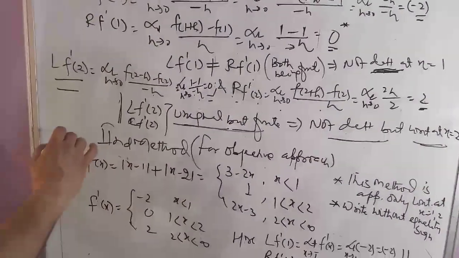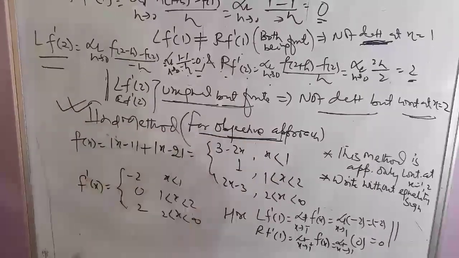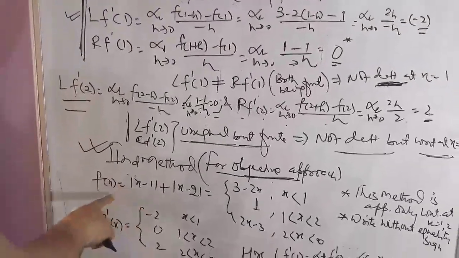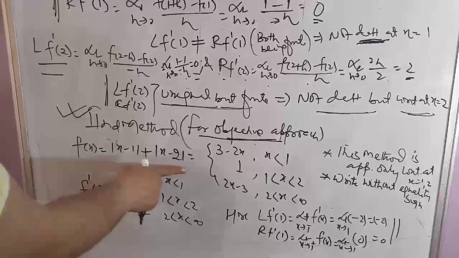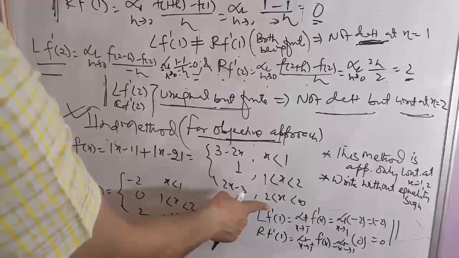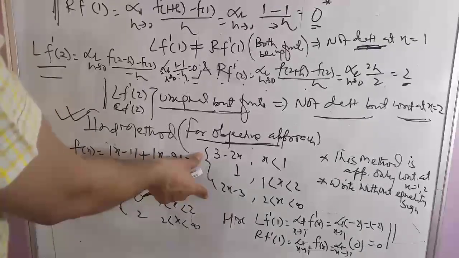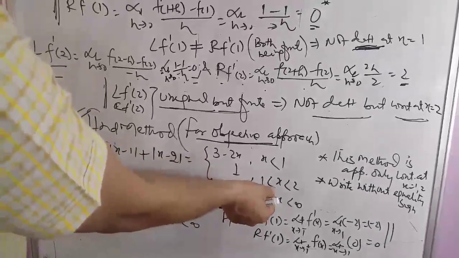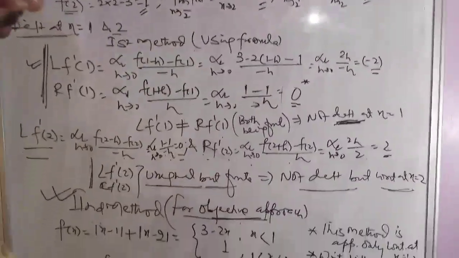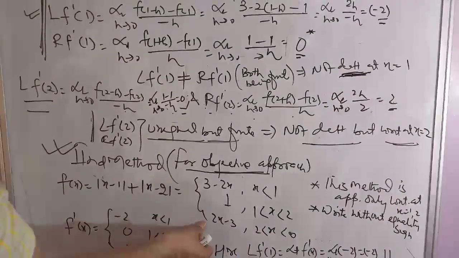Here we discuss a time saving method, an objective approach, without using the analytical formula of differentiability. First we remove modulus: f(x) equal to |x minus 1| plus |x minus 2| is 3 minus 2x for x less than 1, 1 for x lying between 1 and 2, and 2x minus 3 for x greater than 2. First we write without equality. In the original question there is equality at 1 and equality at 2. Here first we remove the equality at 1 and at 2, and without equality we write the definition of the function.